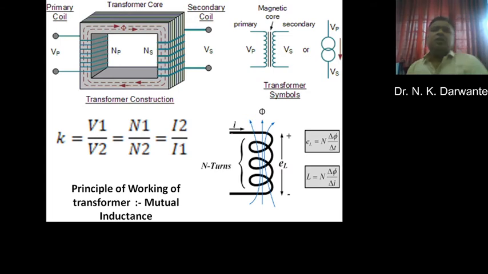In this slide you can again see the laminated structure. The transformer core here is laminated, and the purpose, already discussed, is minimizing the hysteresis losses, iron losses, as well as other losses. If the primary voltage is Vp and the secondary voltage is Vs, then